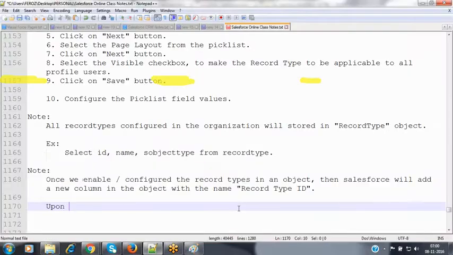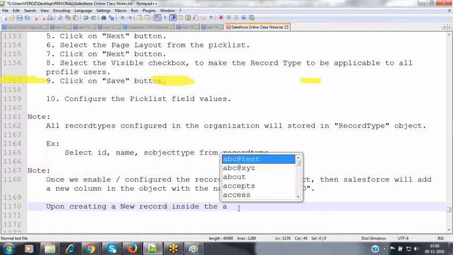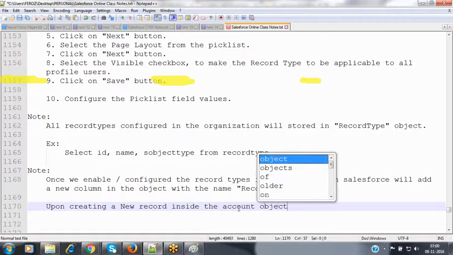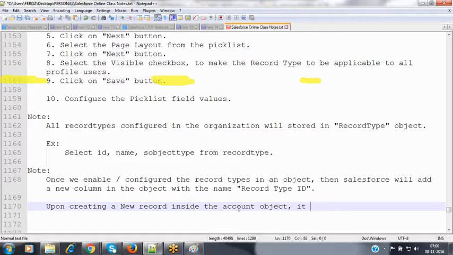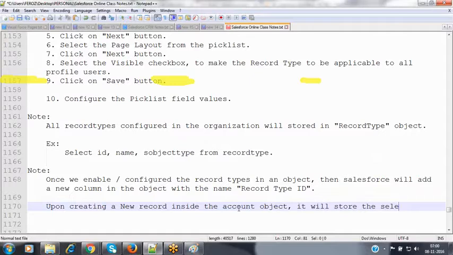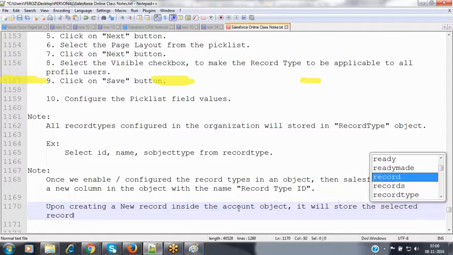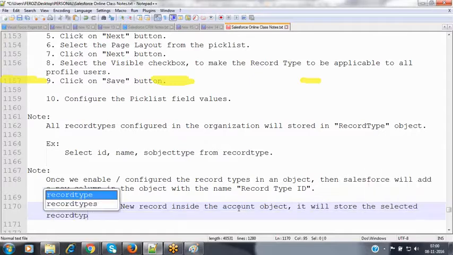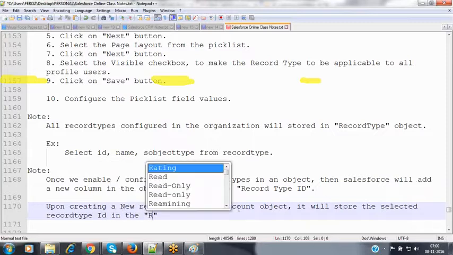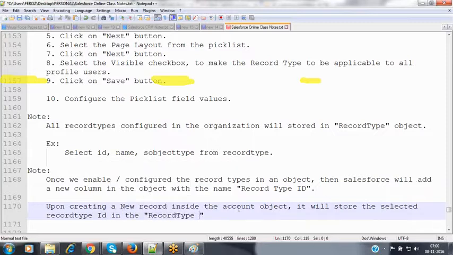Now, upon creating a new record inside the account object, it will store the selected record type ID in the record type ID field.